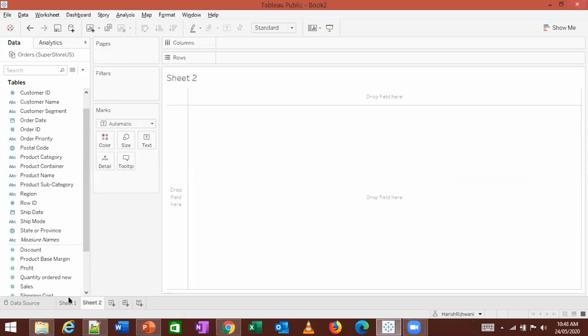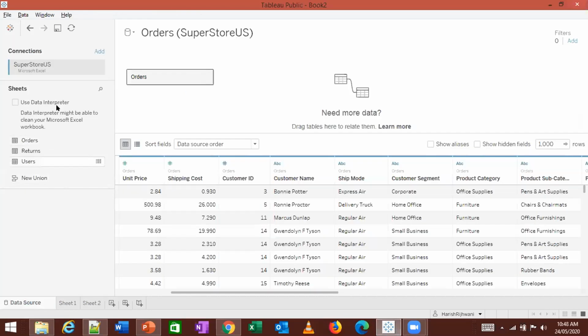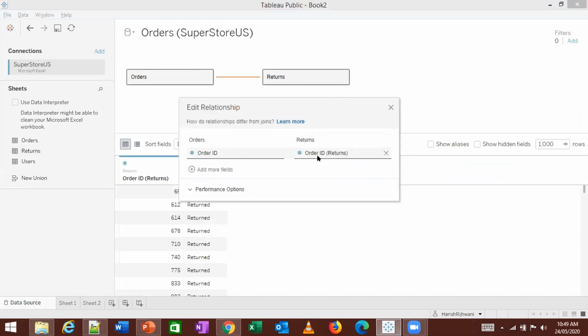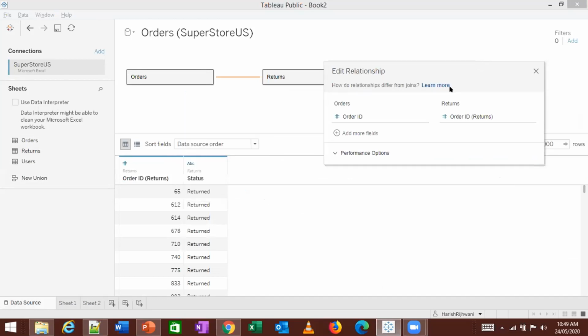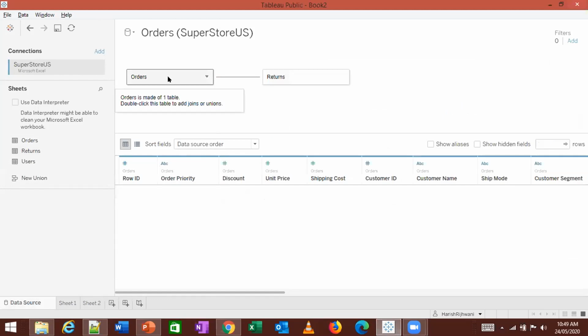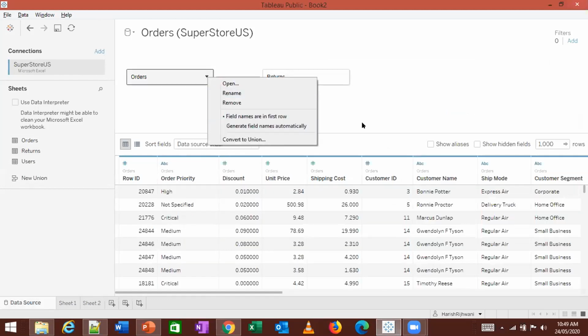So when I look at this side, earlier we were talking about how in this sheet itself, when I click on returns, it is joining on order ID and order returns. Because in your orders table, there is only order ID over here, so it is automatically joining this. If you have an older version of Tableau, you will see that symbol over here. You will see inner join, outer join, what you want to do. You will see that data. So that is what you get in terms of the join sign.